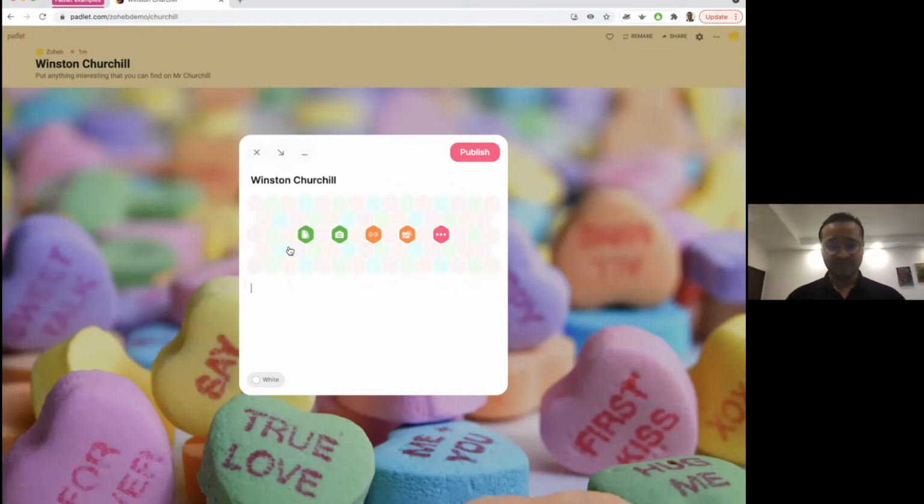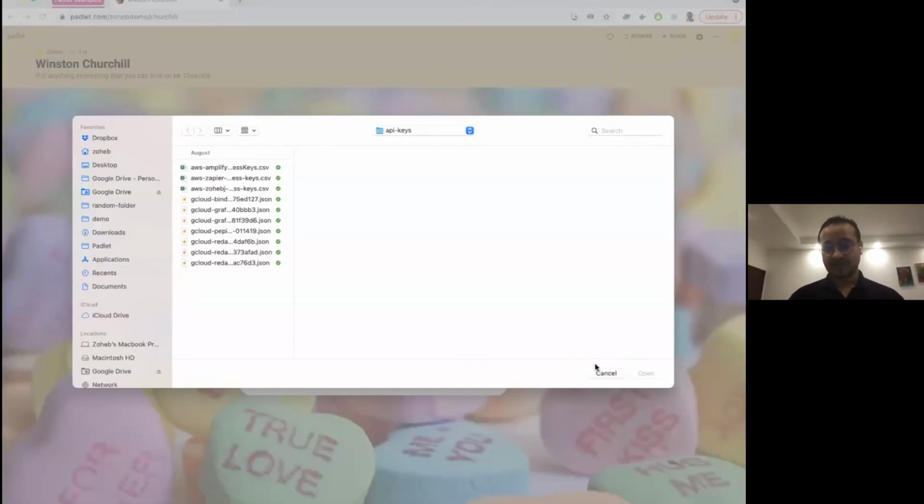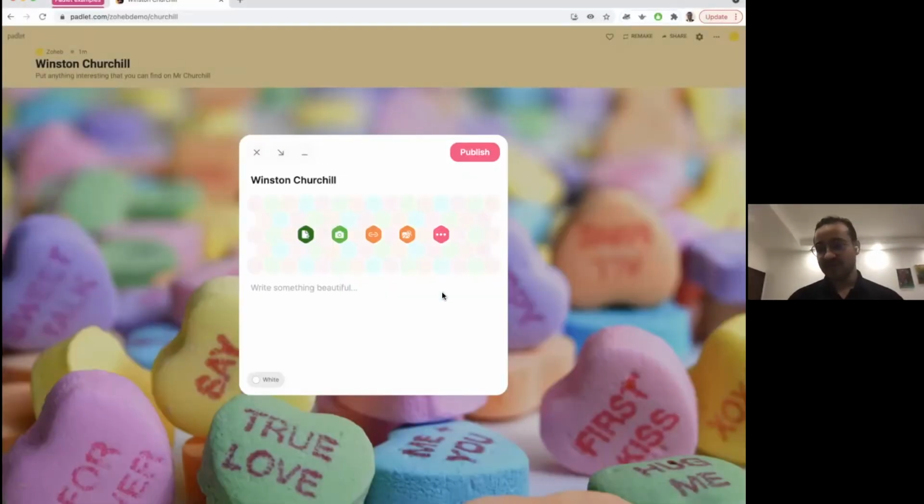on a post itself. So by default, in this section, you have a set of default options. The first one is basically upload a file. So a lot of times you're going to have a file on your desktop that you want to upload to a Padlet. You can just click on upload over here, and it's going to open a file picker, a very standard interface that you can then just double click on the file and upload it